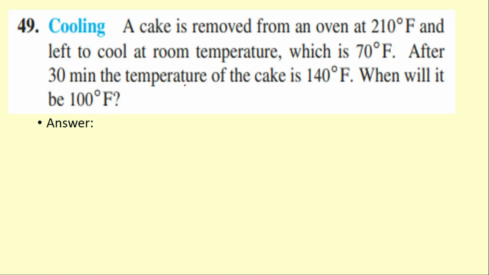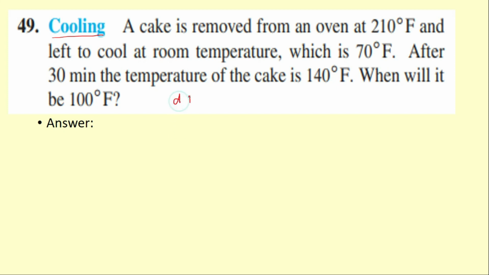After 30 minutes, the temperature of that cake is 140 degree F. Then when will it be 100 F? So the question is in the cooling, Newton's law of cooling, and the differential equation modeling the Newton's law of cooling will be